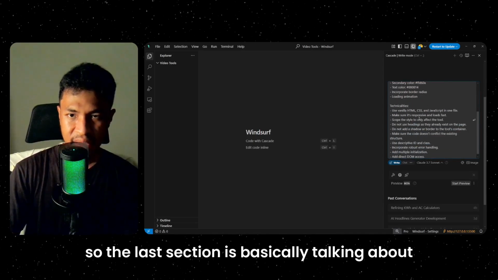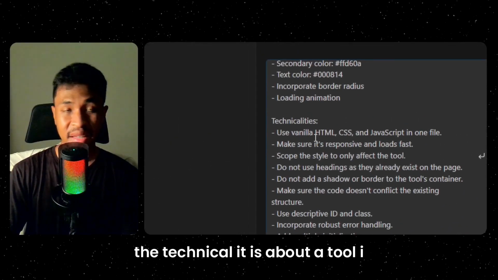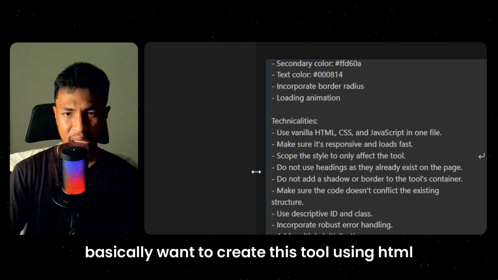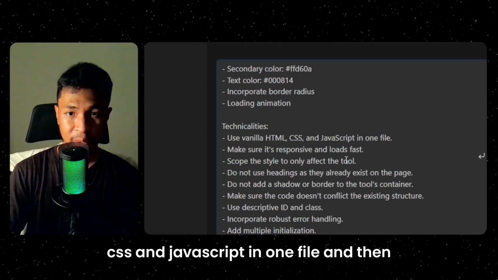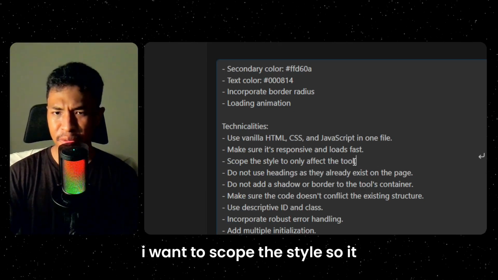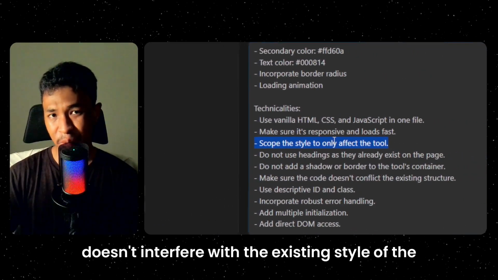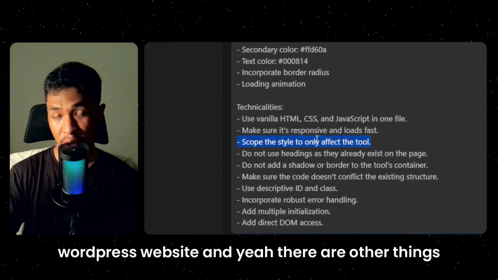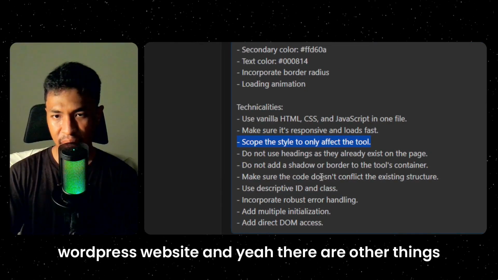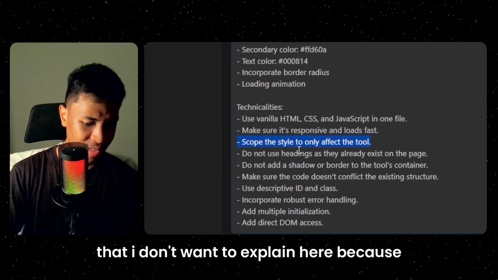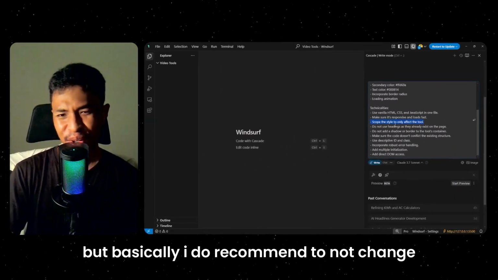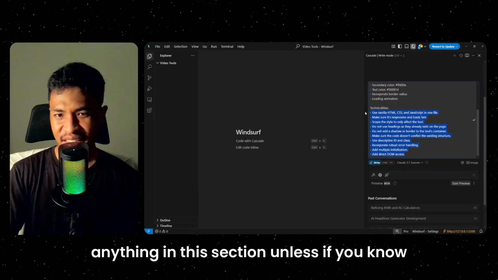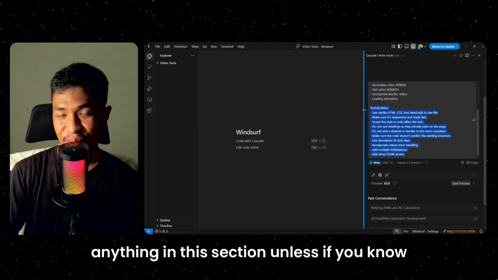Okay, so the last section is basically talking about the technicalities of the tool. I basically want to create this tool using HTML, CSS, and JavaScript in one file, and then I want to scope the style so it doesn't interfere with the existing style of the WordPress website. There are other things that I don't want to explain here because it's going to make the video too long, but I do recommend not changing anything in this section